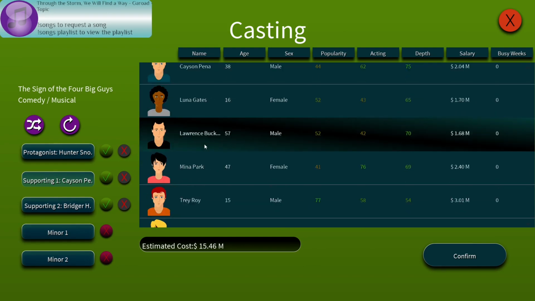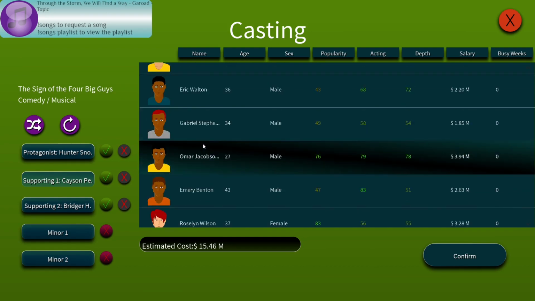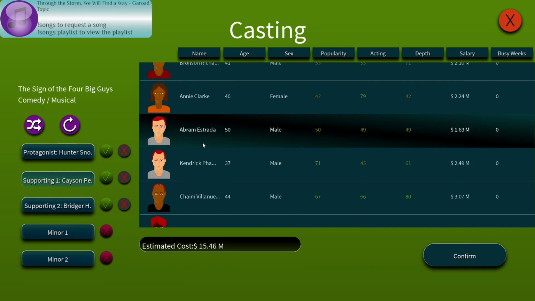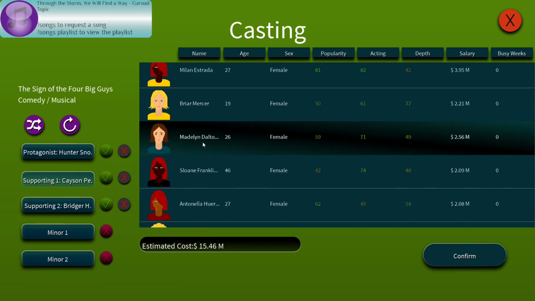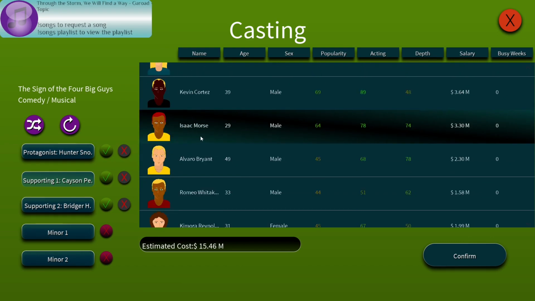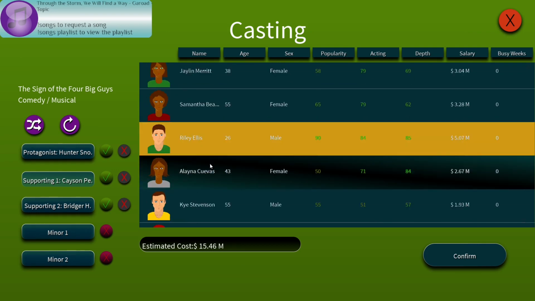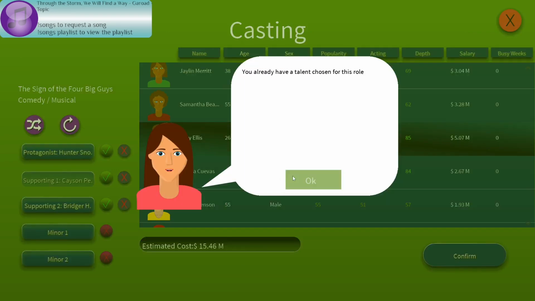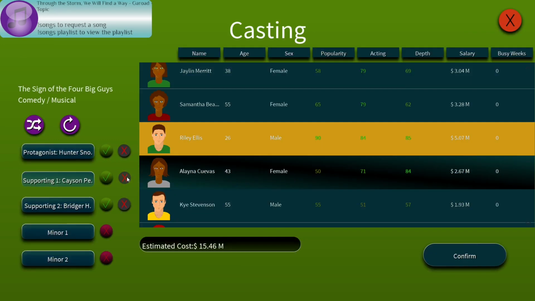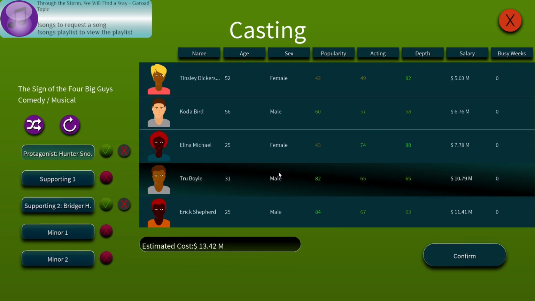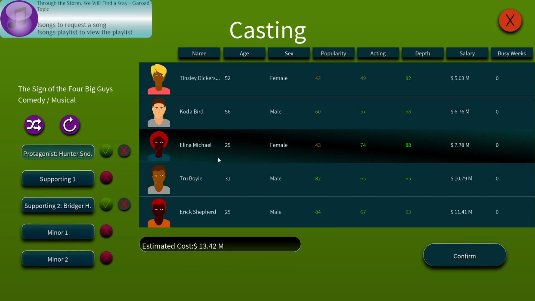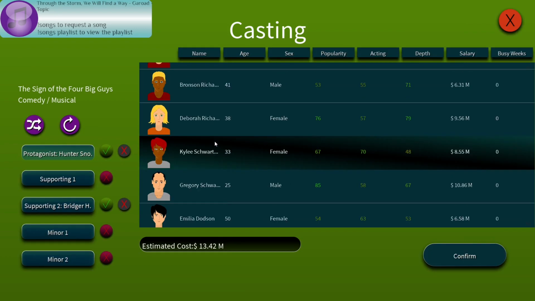Actually, I think it should specify somewhere. Yeah, Riley Ellis. Yes. Because I want Riley Ellis in this.